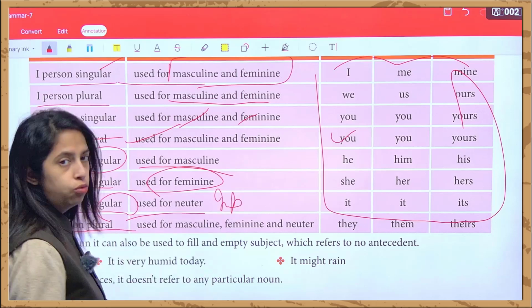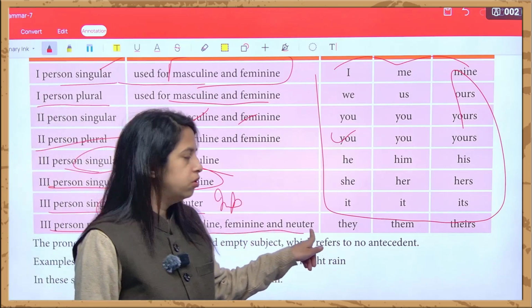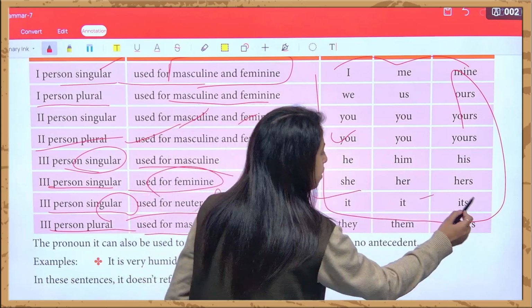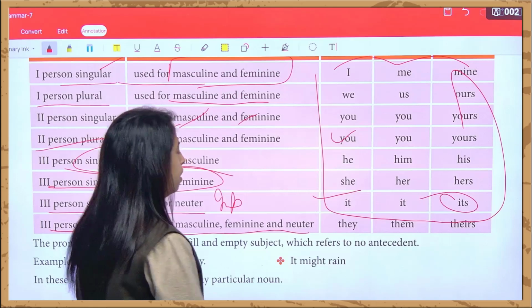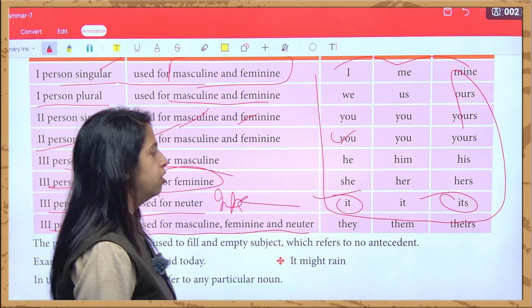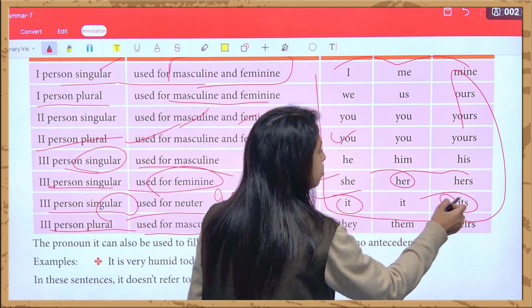और third person plural होगा then it is used for all three. That is they, them, and theirs, right? Similarly यहाँ पे its, क्योंकि यहाँ पे चीजों के बारे में बात कर रहे हैं इसीलिए ये neutral है, right? क्योंकि neutral चीजों के लिए use होता है. बाकी she का her होता है और hers होता है, और